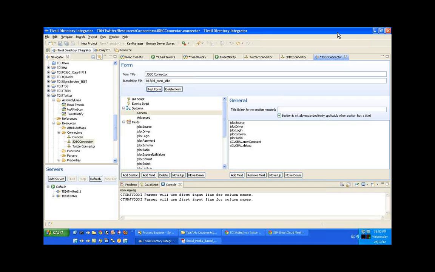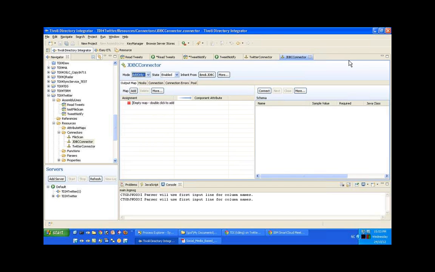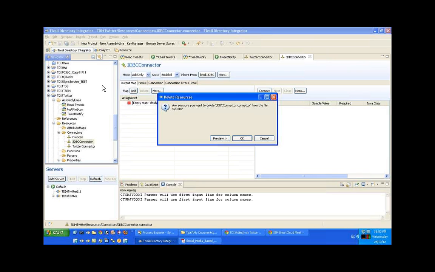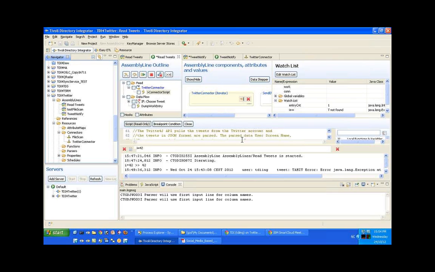Okay, and along those lines, with a jar file being recognized by TDI, it's obviously going to be accessible by all of the different projects that you open up through the config editor, yes, as opposed to this where you're setting it in the resources connector so that any assembly line in that project